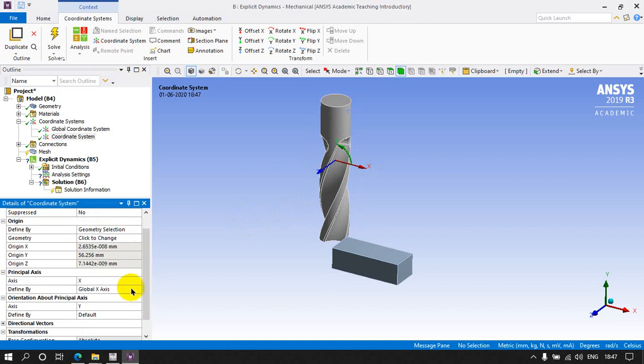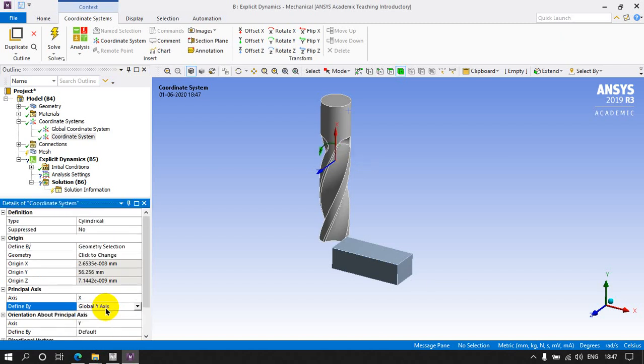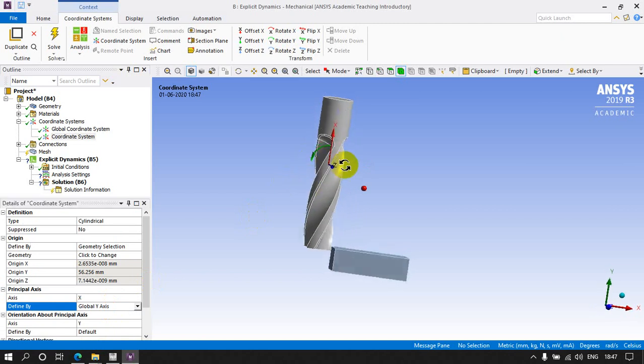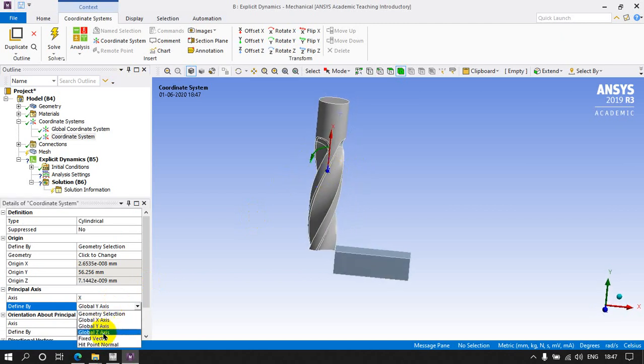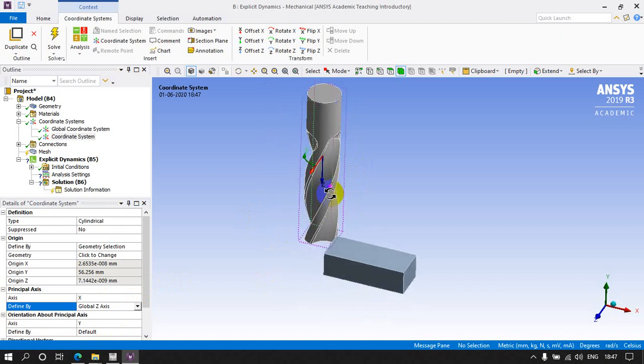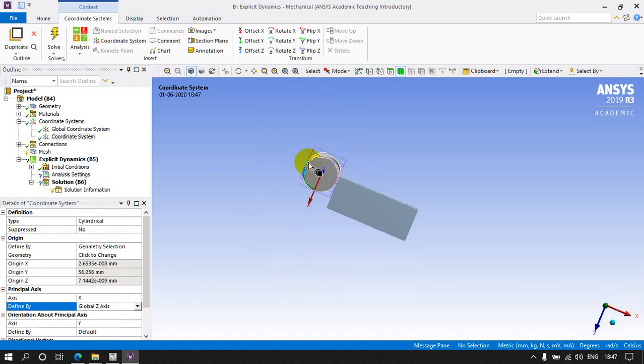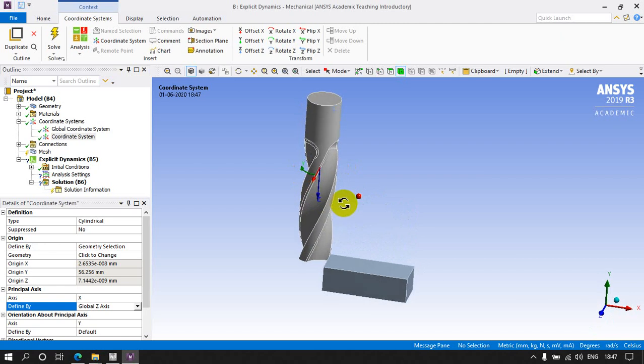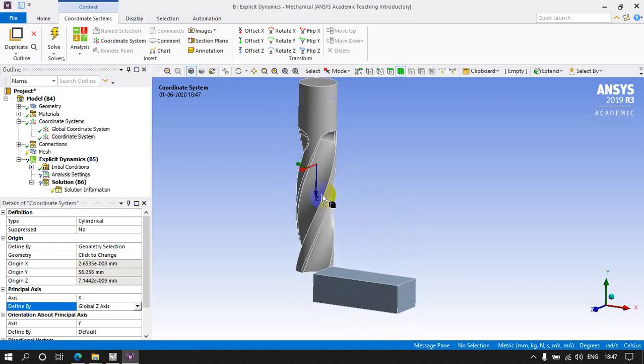Change that one. So here I'm going to choose different coordinates. Let's see. Right now it goes along the x direction of the coordinate system. Let's change to y. Rotating. You can see rotating is coming. So I'm going to z. Now you can see it is perfect. Okay, now the drill bit is rotating like this. So remember, direction is important, not clockwise or anti-clockwise, but which way that drill bit is rotating, that is important here.